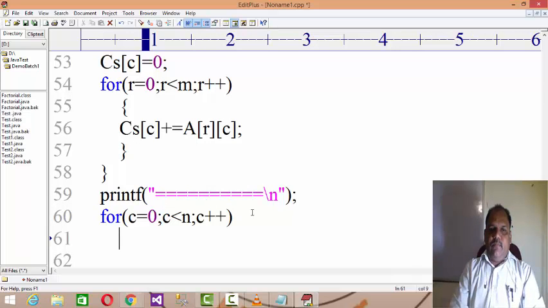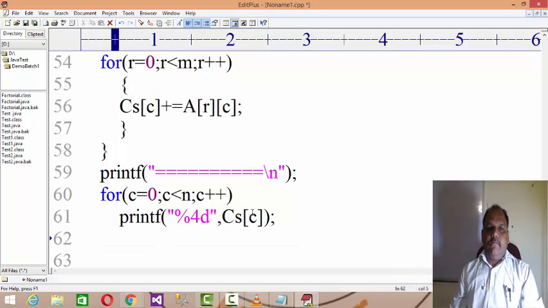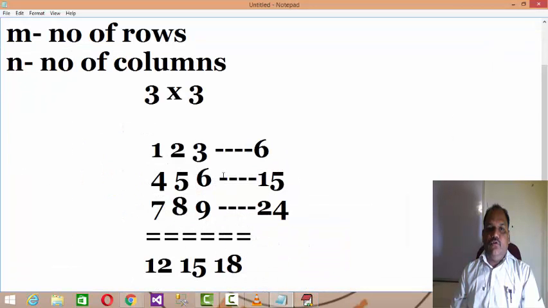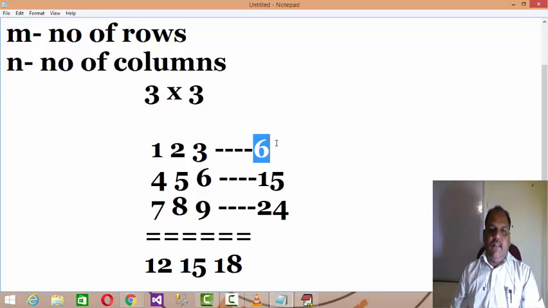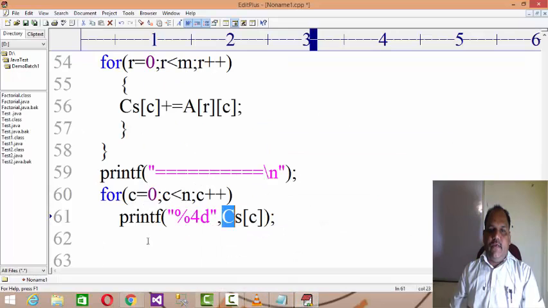And then you printf by using %4d CS of c, so it will print all the column wise summation. In the row wise summation, without storing that value somewhere, we replace that RS every time. But here in this case, you need to store in an array, and then you are able to print over there. In this manner, you can print the column wise summation.